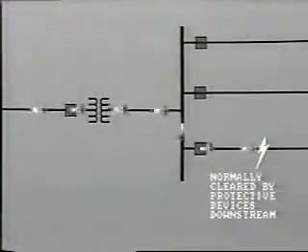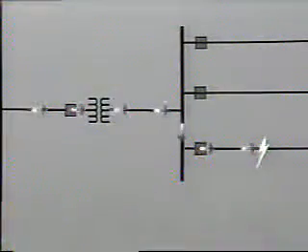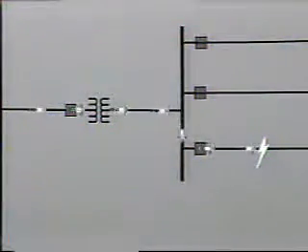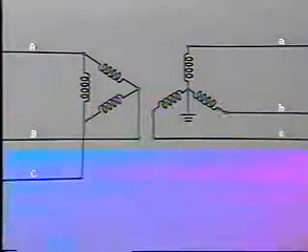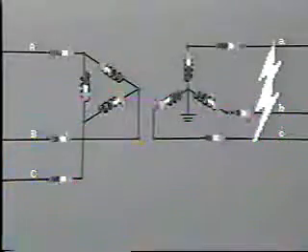Through faults would normally be cleared by other protective devices downstream. However, if the fault fails to clear, this could place a severe overload on the transformer. Heavy fault current flowing in the secondary winding will produce a corresponding relatively heavy current flow through the primary. For example, let's look at this delta primary Y secondary transformer. If a three-phase short circuit occurs downstream of the secondary, heavy fault current will flow through all three phases of